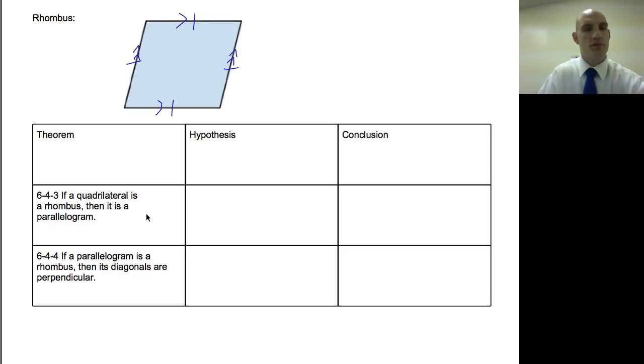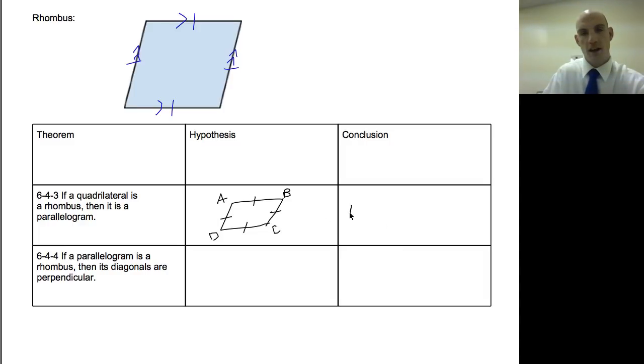If a quadrilateral is a rhombus, then it's a parallelogram. Well, my hypothesis just happens to say that I've got this shape that has these 4 congruent sides. And using this deduction that we've used before, we know that if these are equal distance apart, then we have to have a shape that has parallel sides. And so if all of these are the same length, which they may not look the same length, but they are,